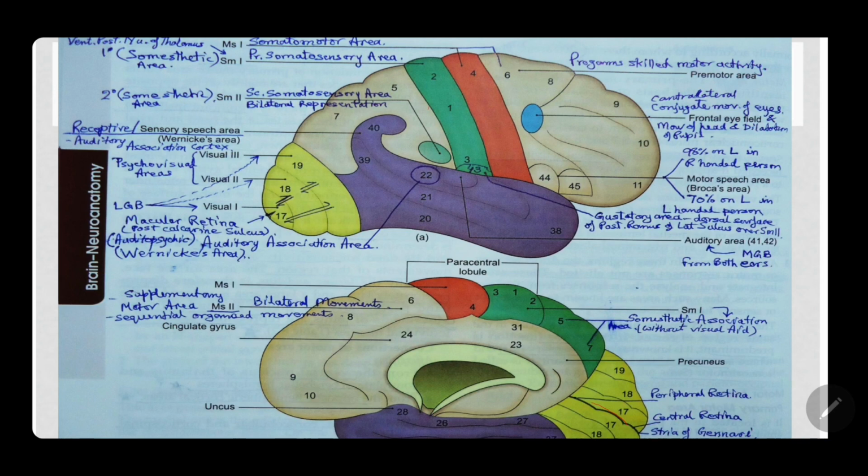central sulcus, that is the primary sensory area, and at the same point was the secondary sensory area as well. So there you find area number 43. Although this will not be visible here because it is embedded deep inside, on the dorsal surface of the posterior ramus of the lateral sulcus, you can also say that it is in continuation with the posterior central gyrus, and here also this secondary sensory area will reach the same surface.